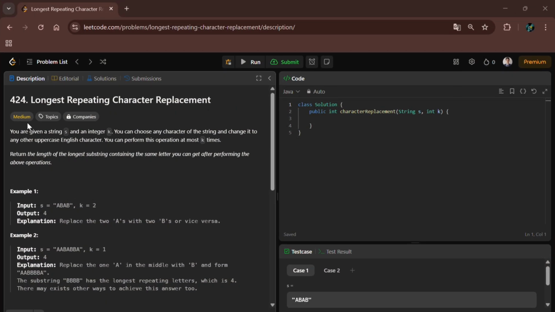Let's understand the problem. The problem is of medium level. You are given a string s and an integer k. You can choose any character of the string and change it to any other uppercase English character. You can perform this operation at most k times. Here is an example, with k given as 2. So we have only two chances to change characters in this string to make the longest repeating character substring,